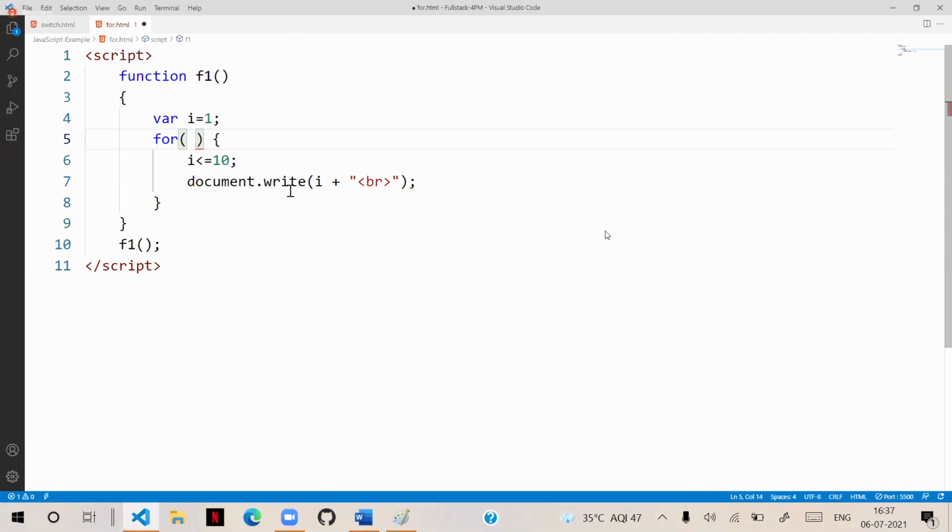What does that mean? Usage is not mandatory means you have to allocate space for it. That means you have to put a semicolon. You have to allocate the space for it. It's mandatory. After allocating the space, we have to write the conditions. And you know that the conditions cannot be written directly like this.